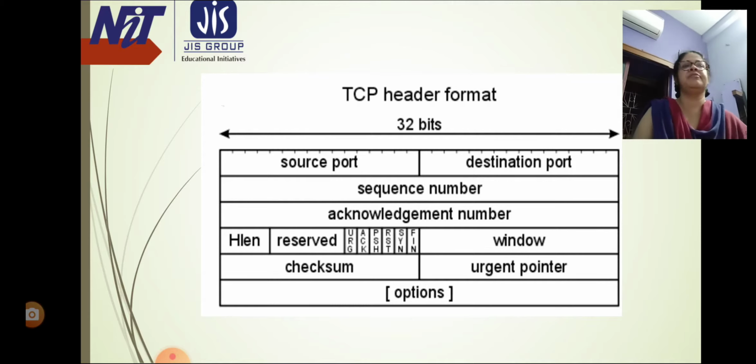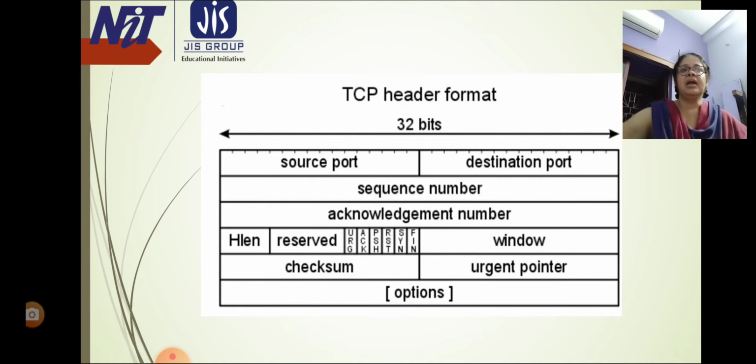The urgent pointer field is valid only if the URG control flag is set. It is used to point to data that is urgently required, that needs to reach the receiving process at the earliest. The value of this field is added to the sequence number to get the byte number of the last urgent byte.